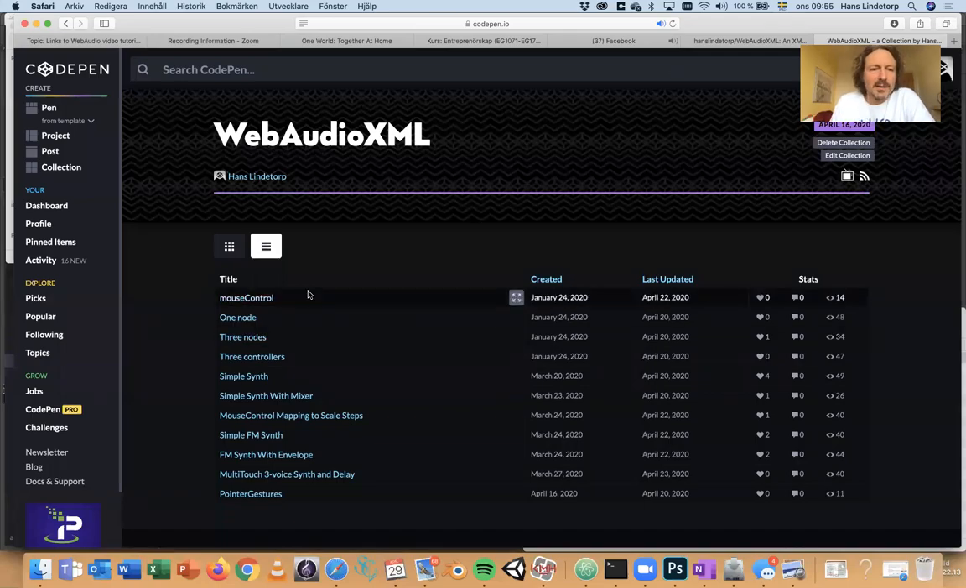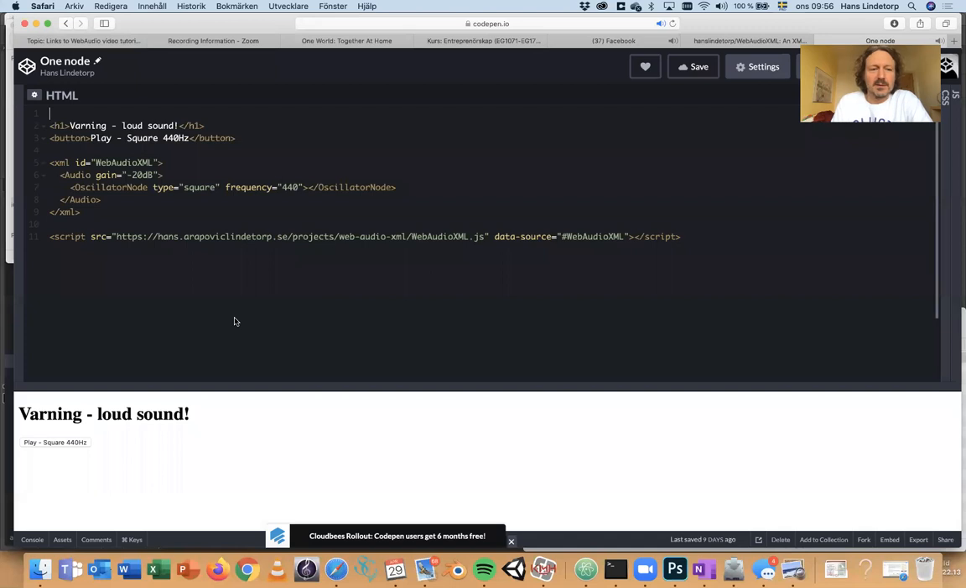So let's have a look at how we structure the XML data for WebAudioXML. And we start off with this hello world example. I call it one node. It sounds straight away. Okay. So just to make one thing clear, in this example I have